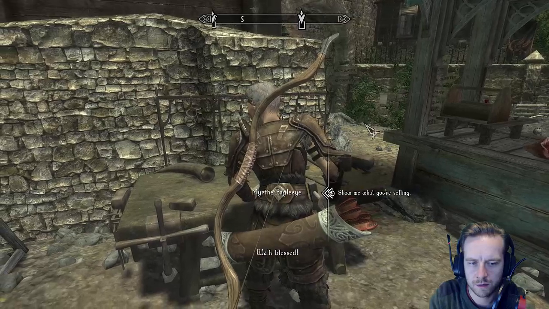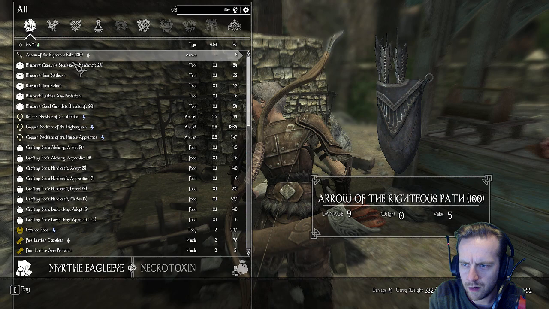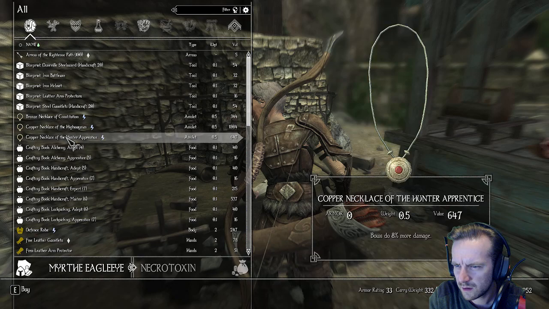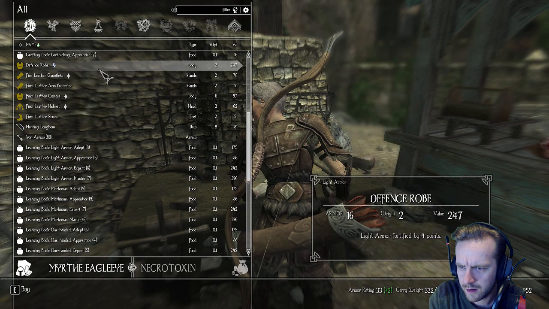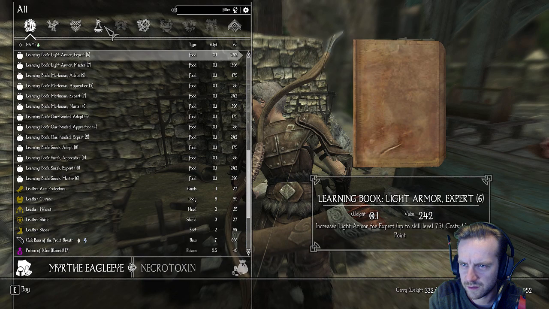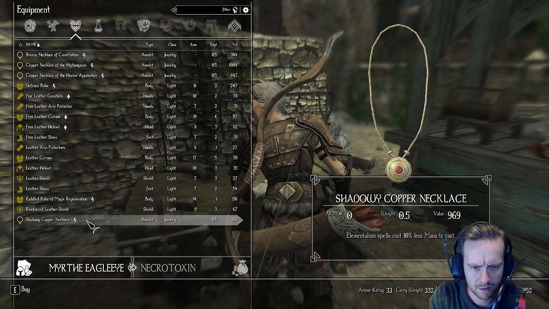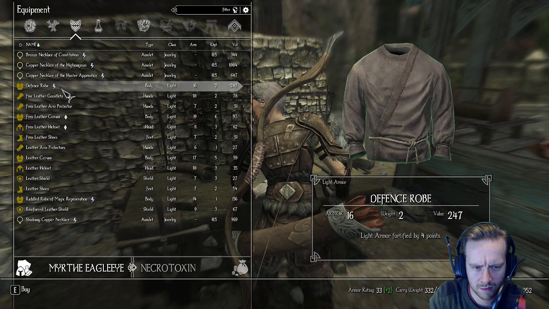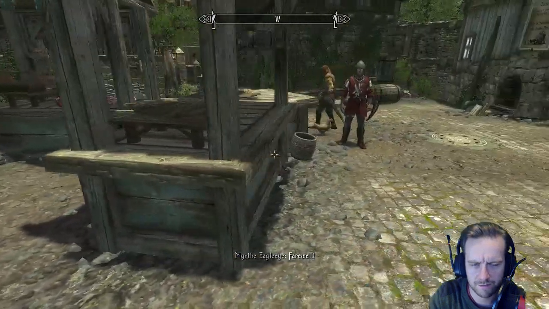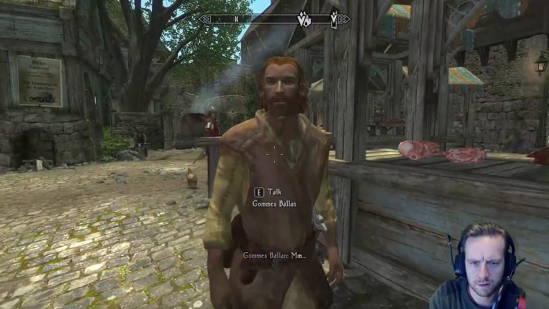Greetings. Walk blessed. Show me what you're... Sure. Alright, so Arrow of the Righteous Path. Lots of learning books. Stuff that we're not really... Ambrosia? No. Alright, so you're kind of ranger slash thief kind of stuff. We've got that. Alright, let's... Farewell. Ranger, thief, sort of merchant. And you got anything to...